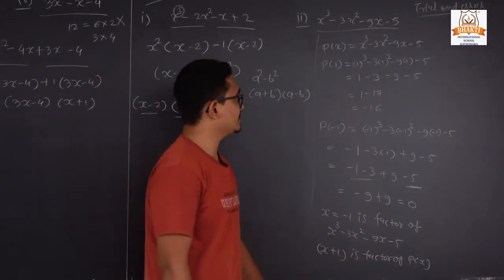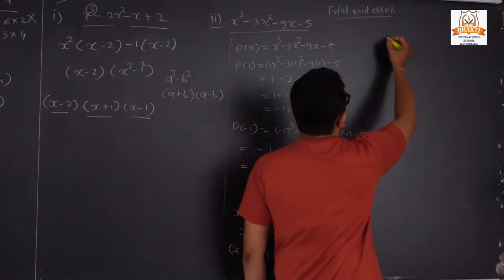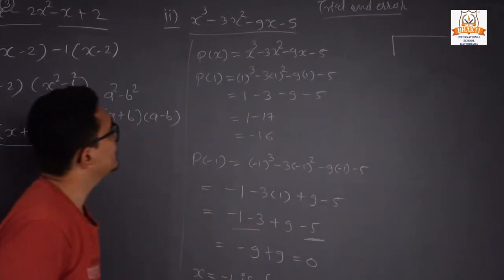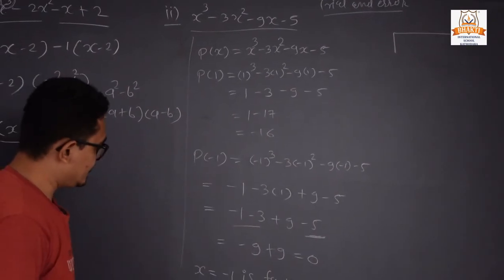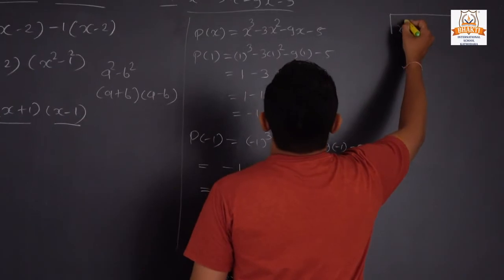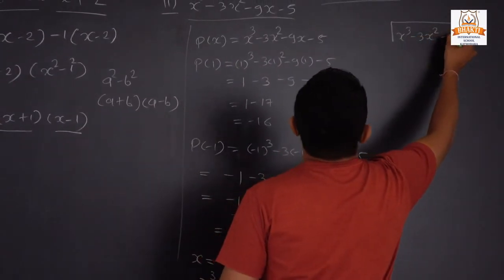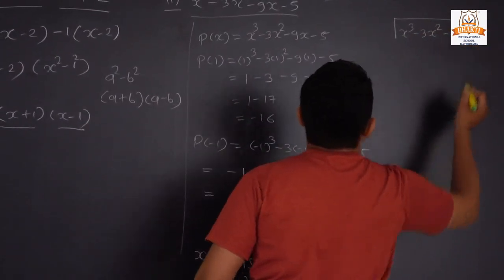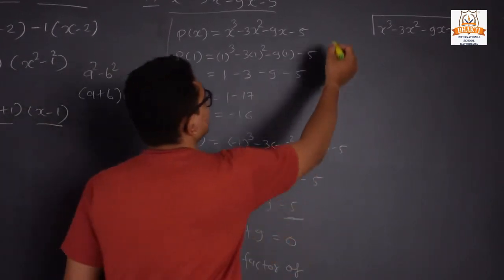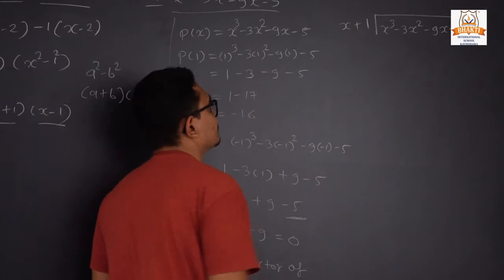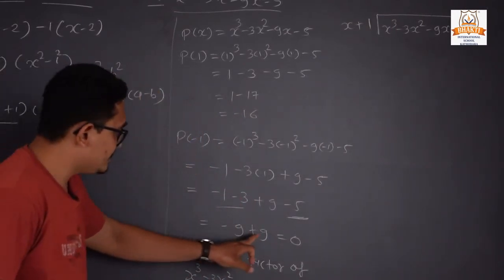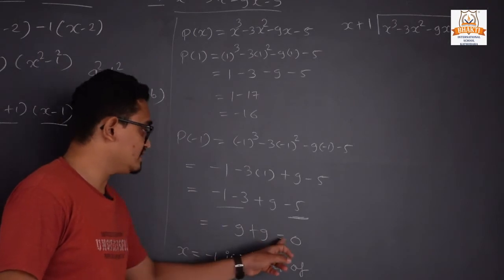So if it is a factor, here we now use polynomial division. How can we apply the polynomial division? For that, first of all we write p of x, x cube minus 3x square minus 9x minus 5, divided by which thing? X plus 1. Sometimes what happens? If taking minus 1 we don't get the 0 here,